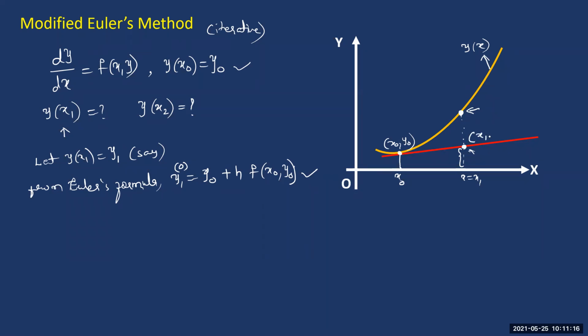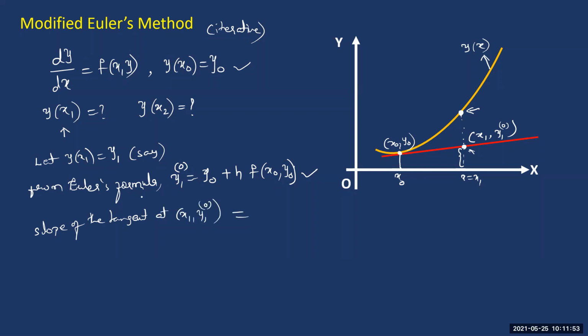Its x coordinate is x1 and the y coordinate is y1, the initial approximation as we assumed here. So now I'm assuming this point is there on the graph. When I assume it is on the graph, I can take a tangent there also, and even calculate the slope of the tangent at this point. So the slope of the tangent at this point x1 comma y1(0).